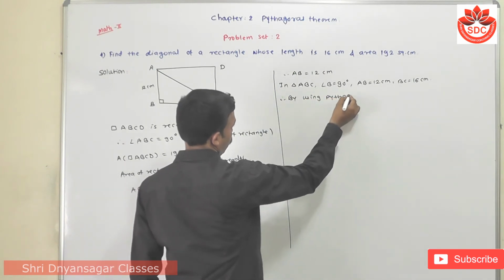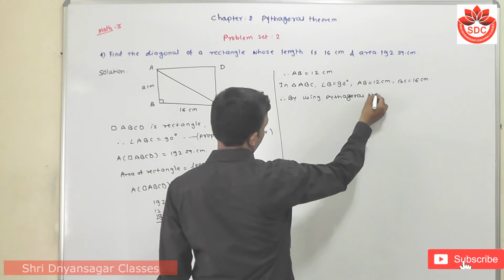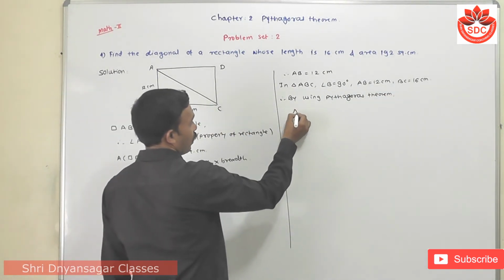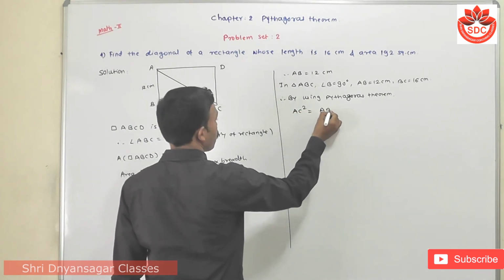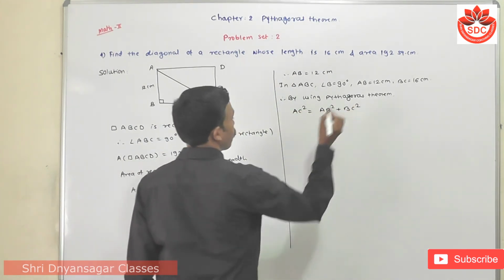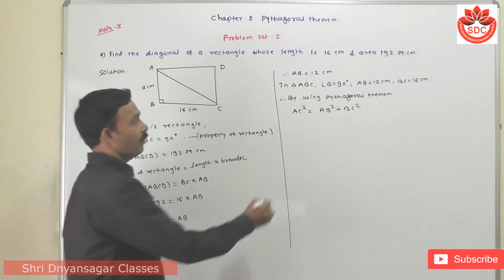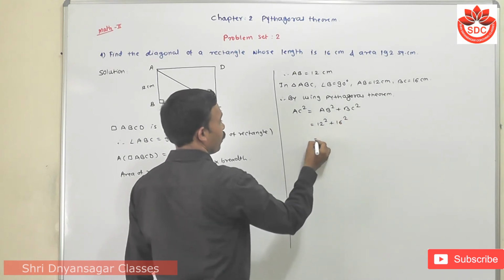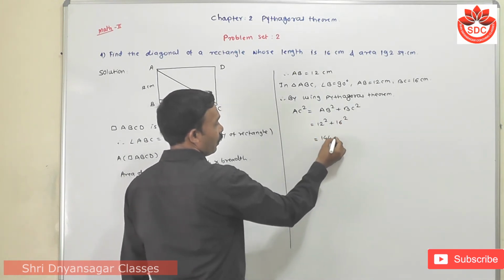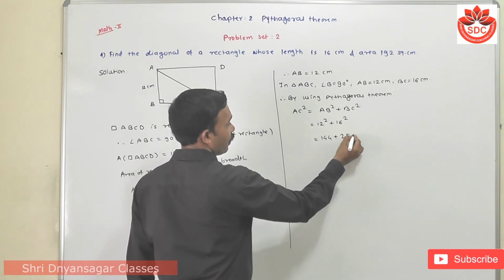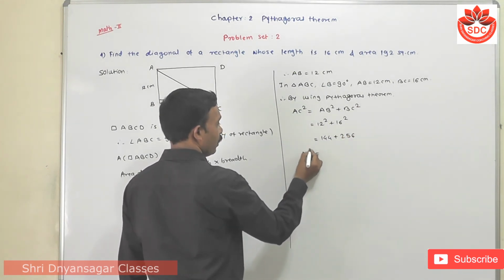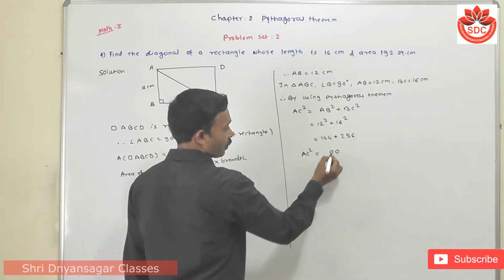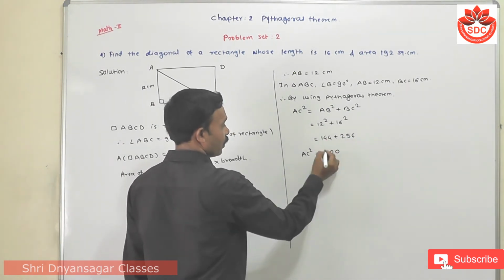Pythagoras theorem. Now this theorem says hypotenuse square is equal to the sum of squares of the two remaining sides. Substitute the values of AB, 12 square, plus BC, which is how much? 16 square. 12 square becomes 144 plus this becomes 256. What is the addition of it? Look here. 6 plus 4 becomes 10, carries 1. 4 plus 5, 9. 9 plus 1 is 10, carries 1. 3 plus 1 is 4.